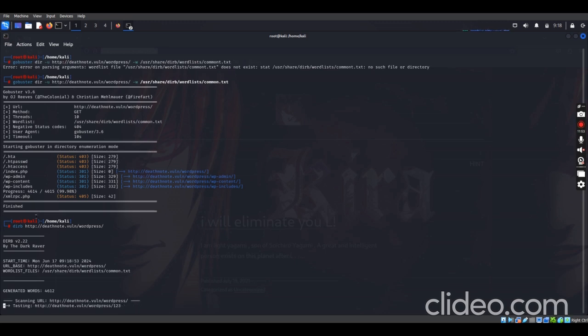If we decide to run it this way without giving it a word list, it will use its inbuilt word list. And you can see it's even using the common.txt here, the same one we used. So let's see what we can get from this particular scanning. You can see it is actually trying several paths like this.